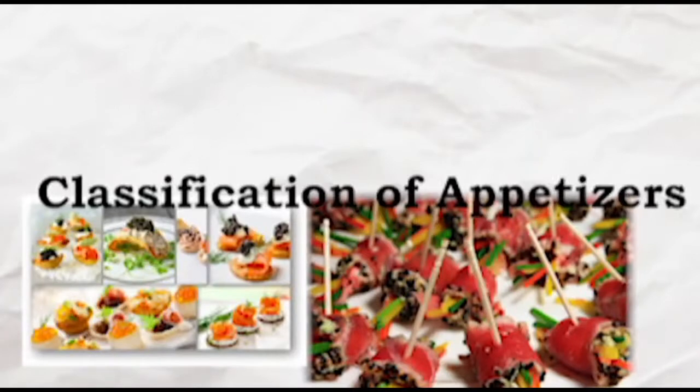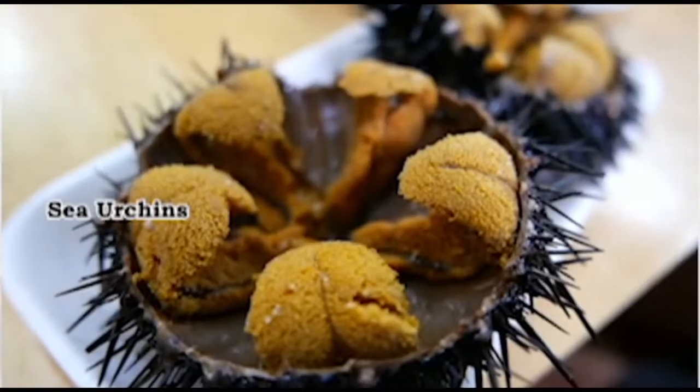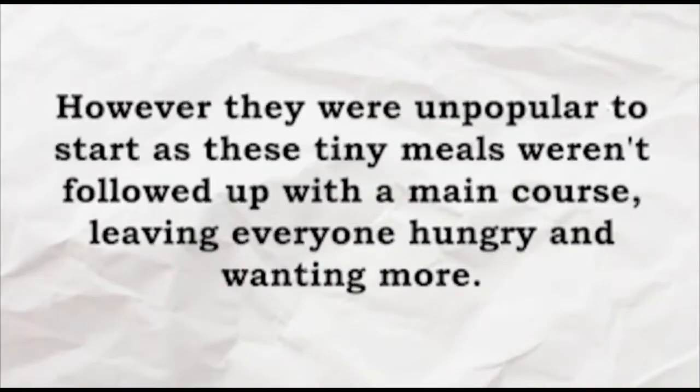Good day everyone. Our lesson for today in our Cookery in Situ subject is all about classification of appetizers. Appetizers were originally introduced by the Athenians as a buffet in the early 3rd century BC. They would serve sea urchins, cockles, sturgeon, and garlic. However, they were unpopular to start as these tiny meals weren't followed up with a main course, leaving everyone hungry